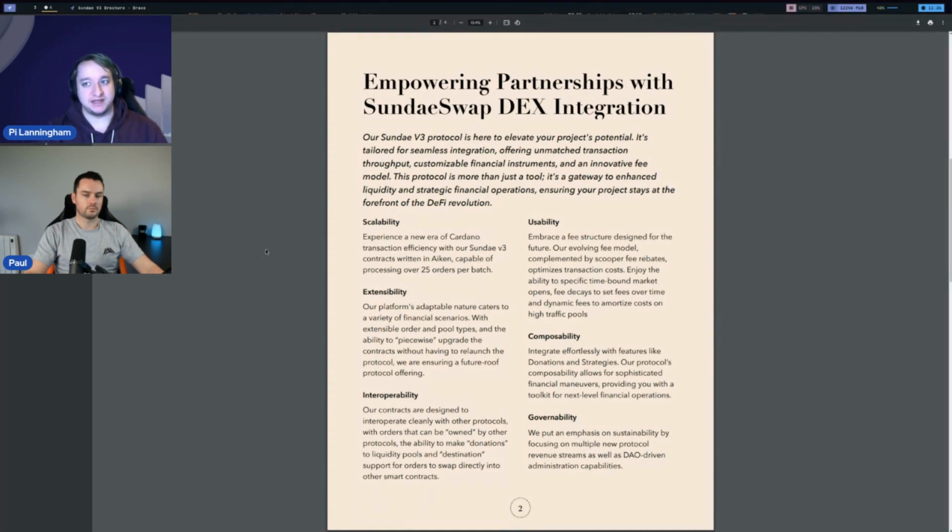And so you could have something like an order that wasn't placed by Liquid Labs, but was placed by the Liquid protocol itself and was owned by the Liquid Treasury, or DAO owned orders, or things like that. And so we'll go into some of the ways that we made this possible in a minute.